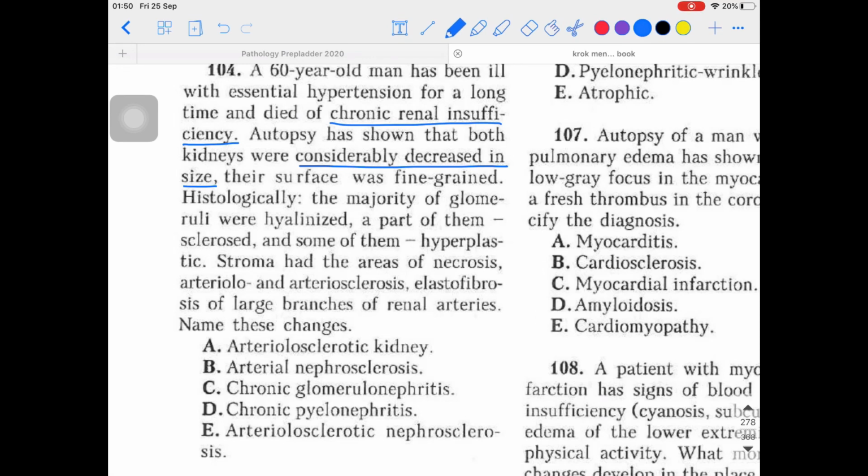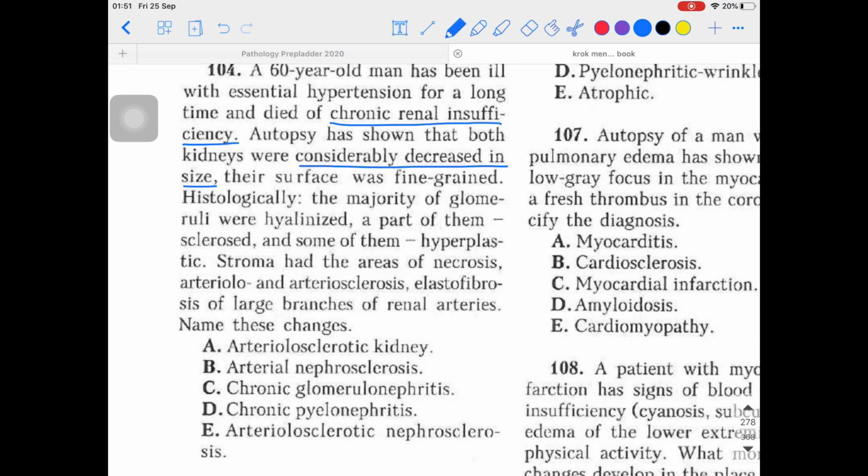then the size of the kidneys will start to shrink. Okay, that is the main thing. They will start getting contractions. So contracted kidneys is the proper term we use for them, because obviously if you are not giving water to the plants, what will happen to the plants? They will start to shrink in size, right? The same thing happens over here. So it is very obvious that if the kidneys do not get proper blood supply for a longer period of time, they will shrink. If it is for a shorter period of time, they can compensate themselves, but I'm talking about chronic cases, so the kidney size will shrink, and that case will be called a contracted kidney.